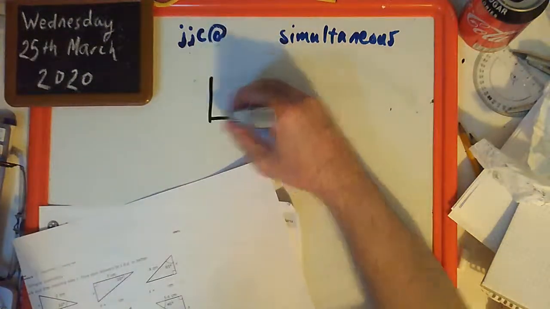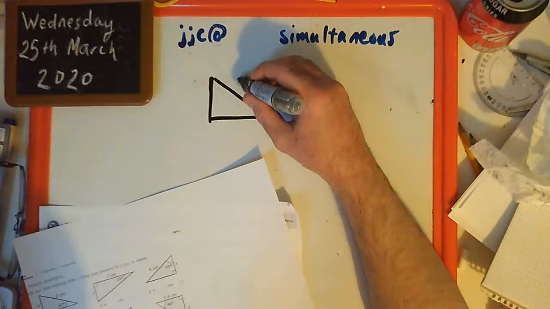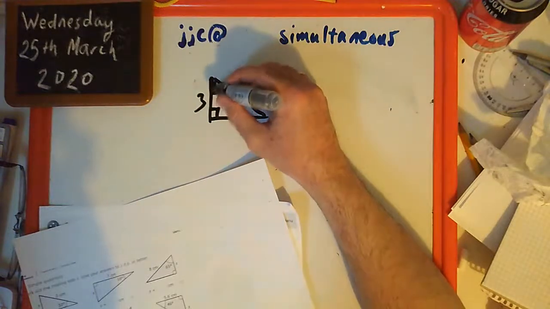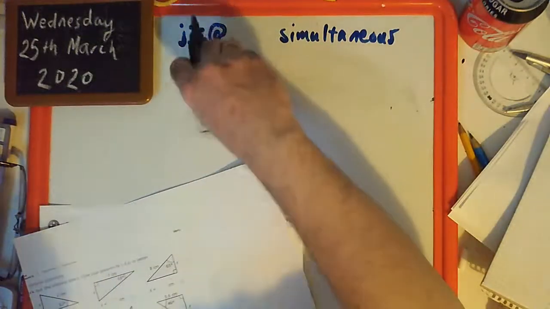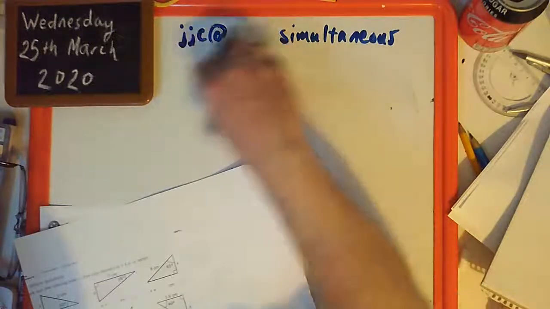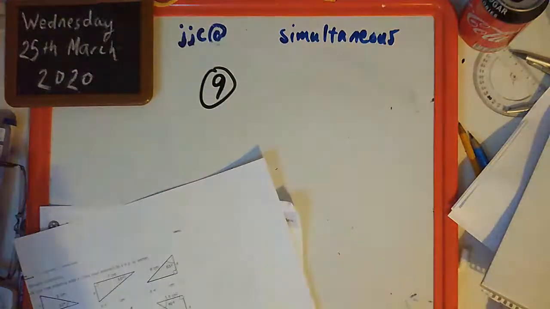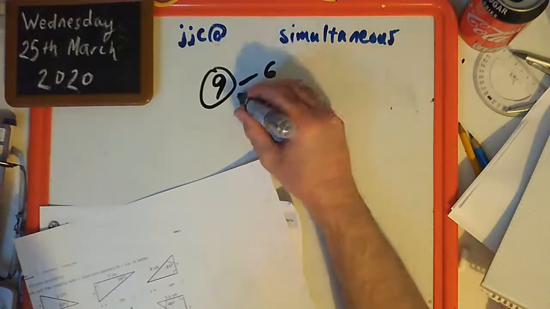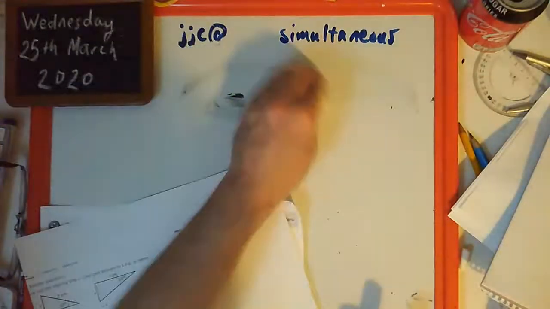And then the other kind of thing you can get is where they tell you 2 of the sides, 5 and 3, let's say, and a right angle, and then you've got to figure out some angle that's somewhere else in the triangle. So again, there's only 3 of those you can get. So it's because that's either going to be a sine, a cos, or a tan. So in fact, there are only 9 questions in the whole of trigonometry, including 6 where you're finding missing sides and 3 where you're finding missing angles. Every other question in trigonometry is just the same question, but with different numbers in it.